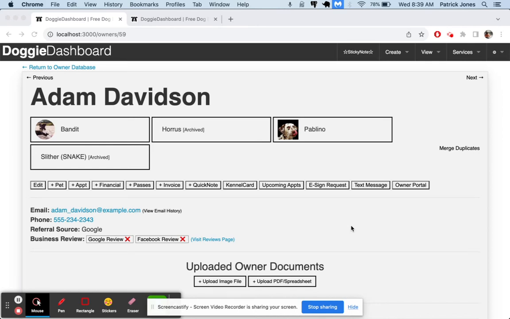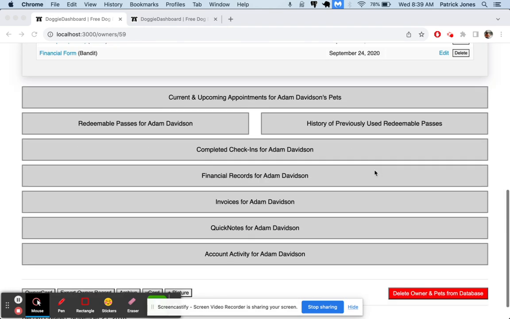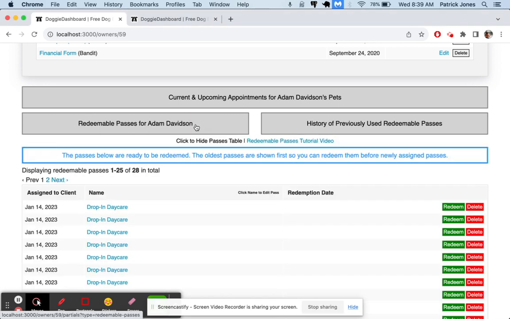Today I'm going to show you how to use the new Redeemable Passes section. So here we're on Adam Davidson's profile. He has a couple dogs there. If we scroll down the page here, we're going to see these Redeemable Passes buttons. If we click the first one here that says Redeemable Passes for Adam Davidson, we're going to see all of